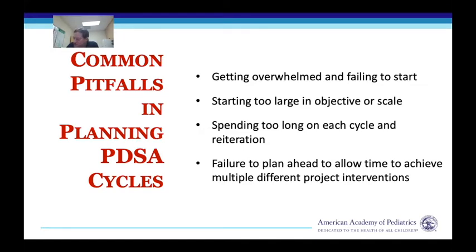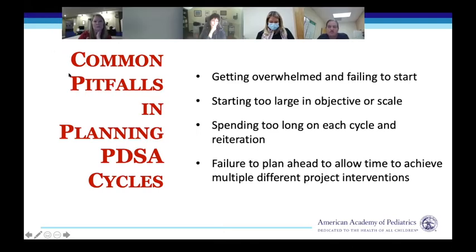So your first PDSA has to be tiny. It literally can be 1 patient. It can be 1 doctor. It can be for 1 hour, but something that's incredibly manageable, that's going to give you a starting place of what really did not work and what was helpful. And let me tweak this so that I can get a little closer to where I want to be